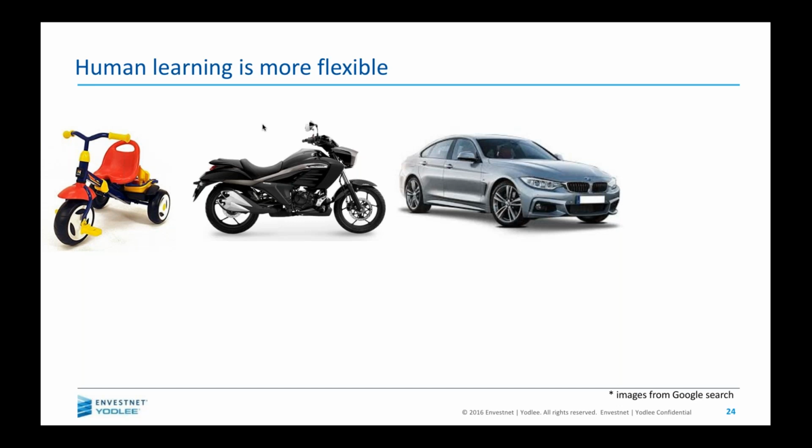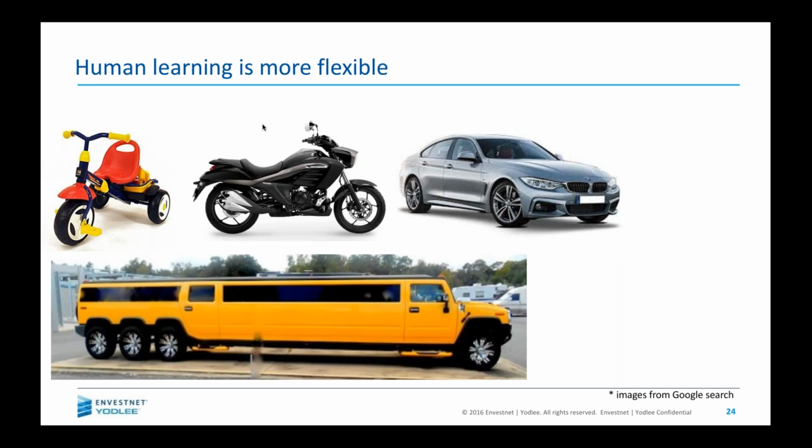Further down, you may look at this kind of a vehicle, and nobody has to explicitly train you. You automatically know that this is the same thing. It has tires, it hits the road, you can commute from one place to the other, and so on. Eventually, if somebody shows you this kind of a picture, you would still have no difficulty in appreciating that this is also a vehicle, right? So humans are pretty good at increasing the flexibility of their modeling as more and more data comes in,